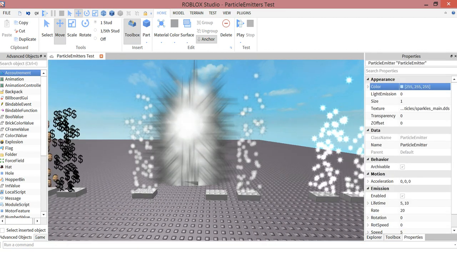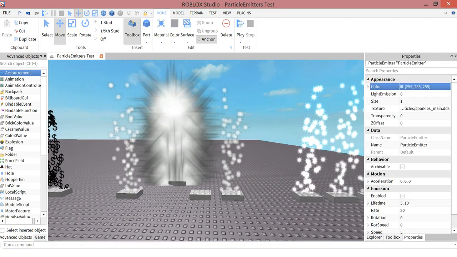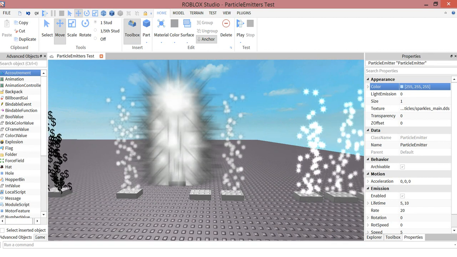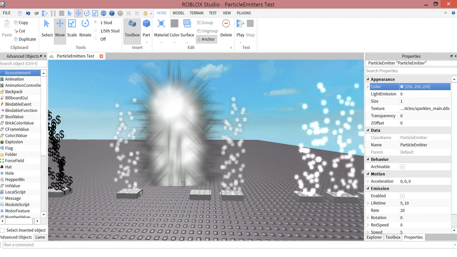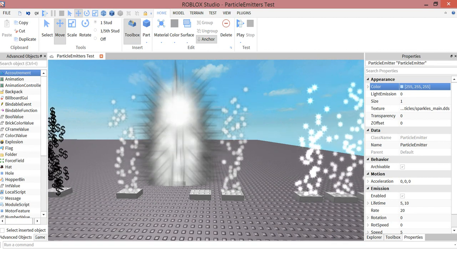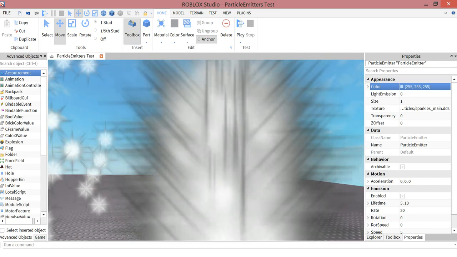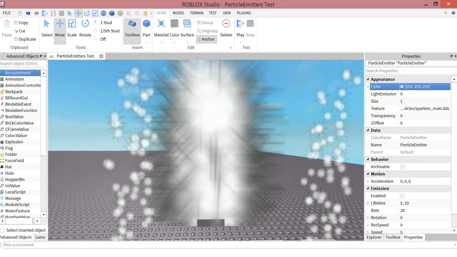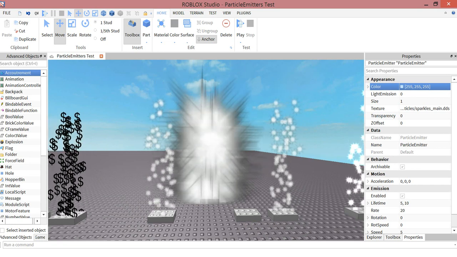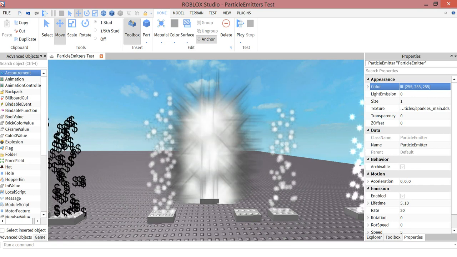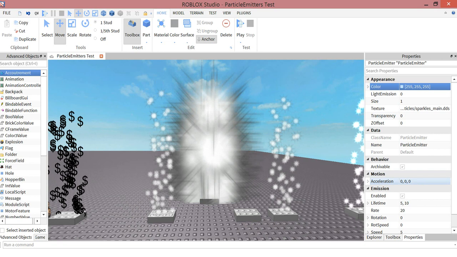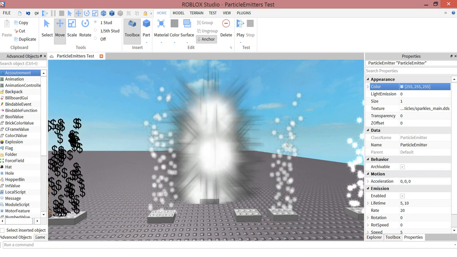So the next thing is size. Size can be anywhere between 0 and 10. So right here is the default one. This is 0, so since it's 0, nothing will show. This is 10, which is pretty big. It's not really desired for just changing the size on this and calling it done. It's more for other stuff, I guess, with combination of other